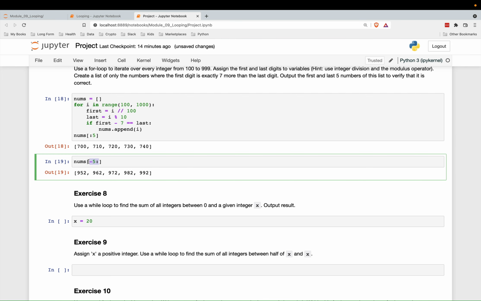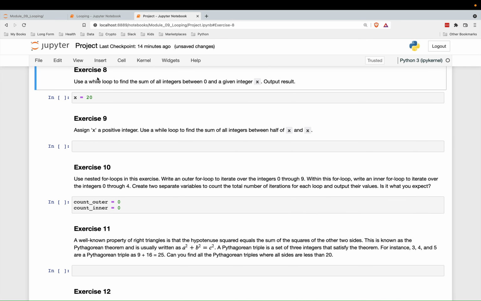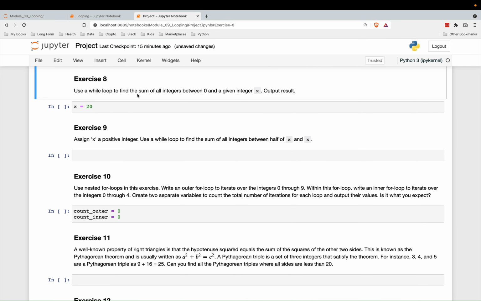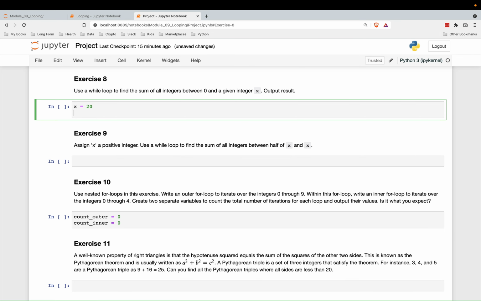All right, exercise 8: use a while loop to find the sum of all integers between 0 and a given integer x. Output the result. So a while loop, this is not a typical use case for a while loop, but you can certainly do that. So while x is greater than 0,